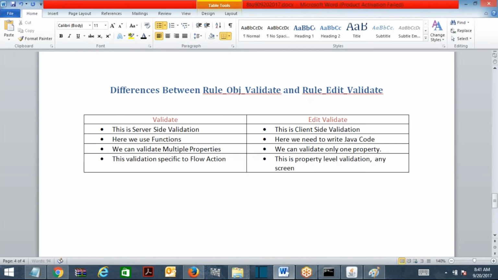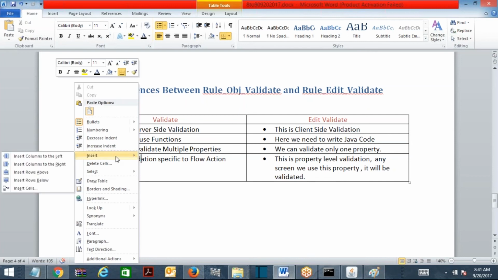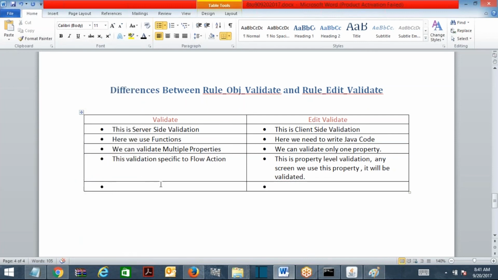Any screen we use this property, it will be validated. Correct? Any other differences that you identified? Any other differences?